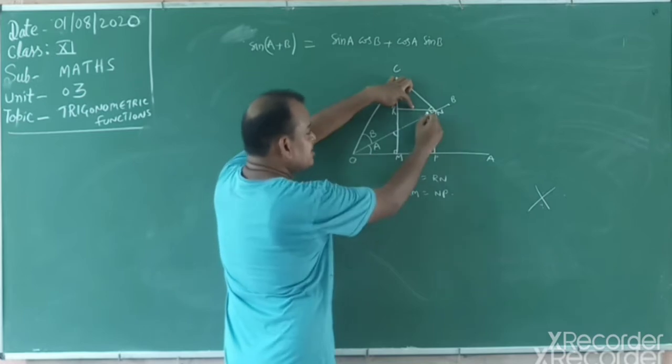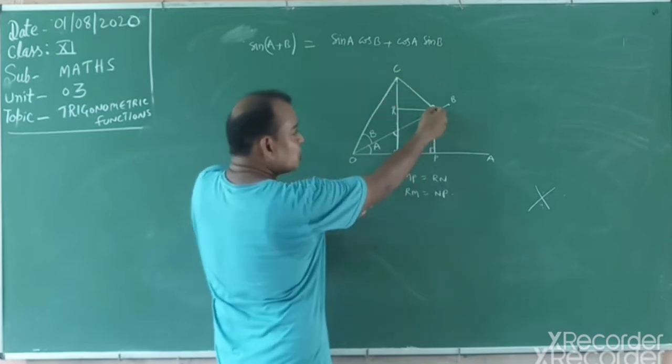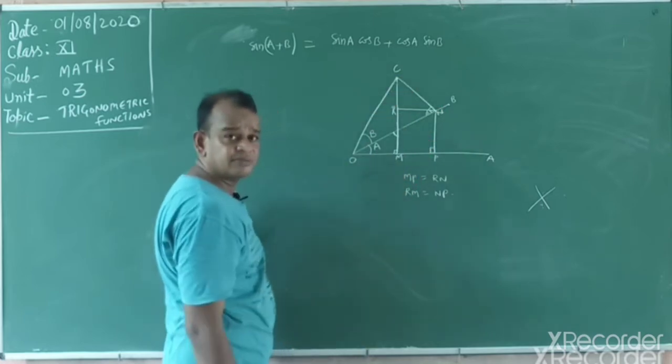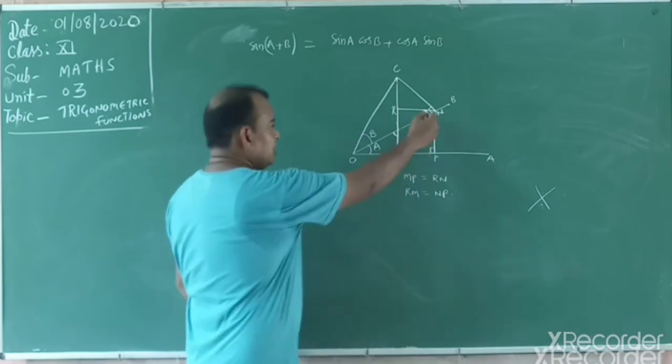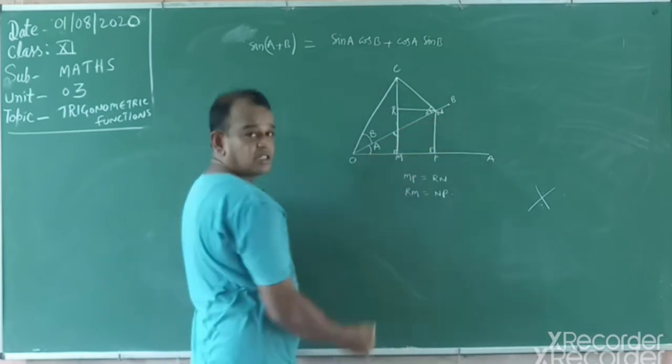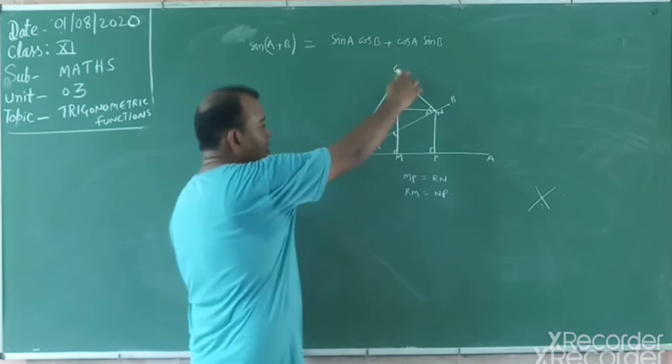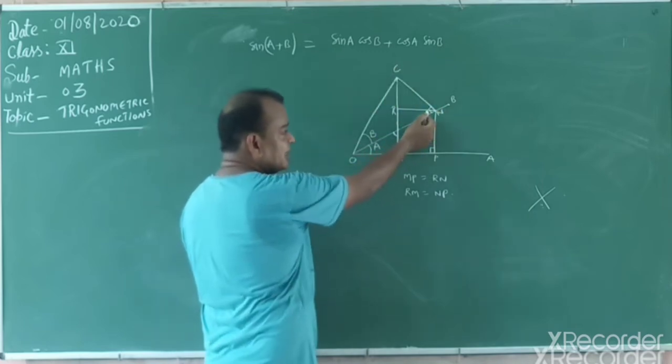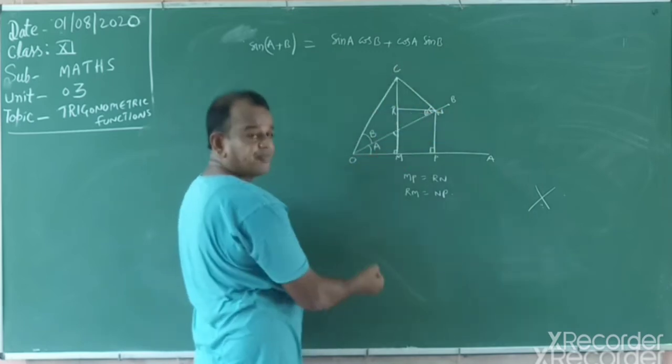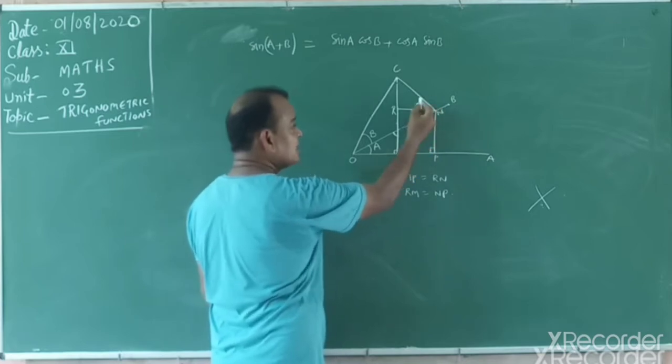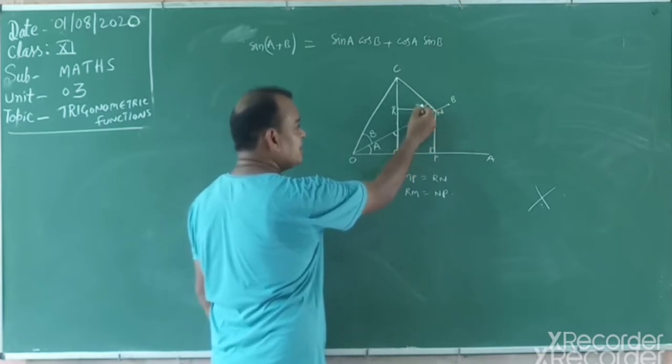This angle is A, which means this angle is 100% A. Actually, the total angle of this one, how much? From here to here, how much is it called? We draw the perpendicular from here to here. The total angle is 90. This small angle is equal to A. Now this angle is equal to how much? This angle is 100% 90 minus A.